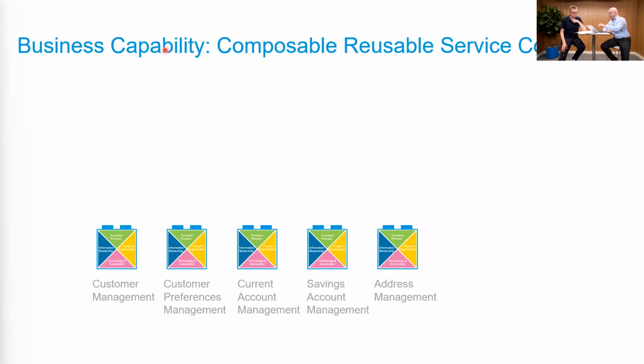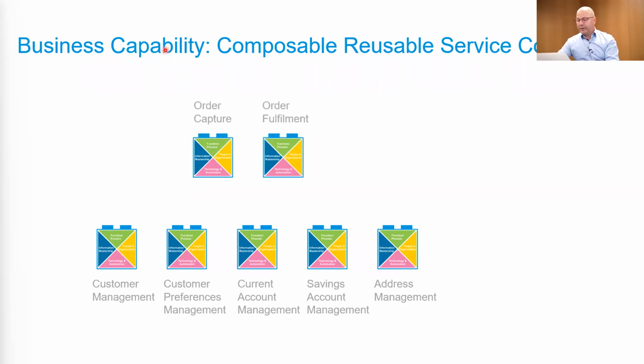In that next animation here, what we show is a set of business capabilities, all with their standardized interfaces, the little dots over there at the top. Other capabilities probably need to manage some of that information down there. So if I want to capture customer orders, I probably interact with customer and customer account manager, etc. And then if I have decided that I will order whatever I put in my shopping basket, I will talk to order fulfillment and make sure that order fulfillment makes that happen, makes the change across the entire landscape for customer data, for product data, etc. So activating a bank account, for example.